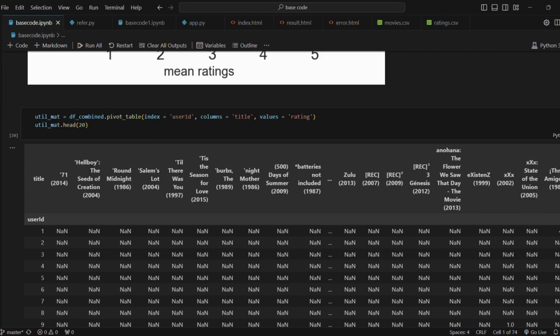In item based also, we'll find two items which are similar and we'll recommend those similar items to similar users. So in our project we are doing item based. I mean user based, I'm sorry. Our intuition is user based.